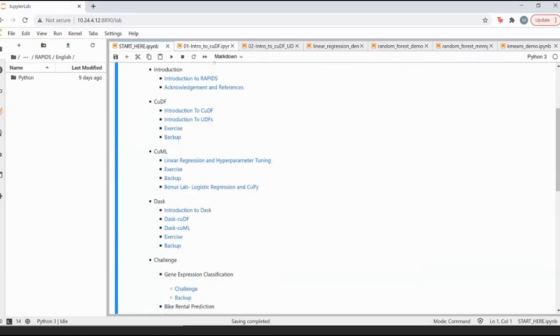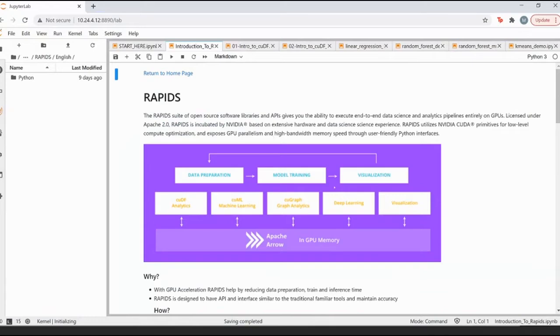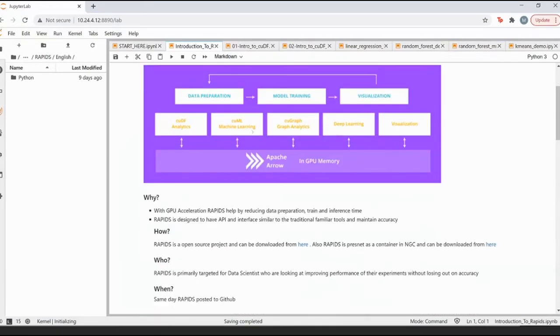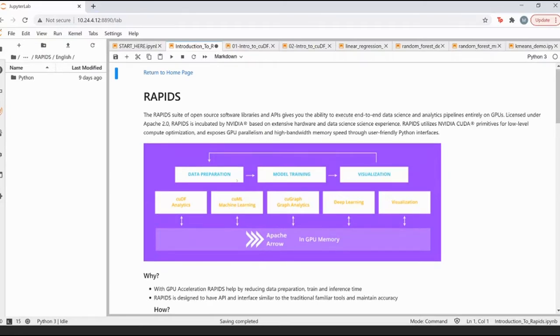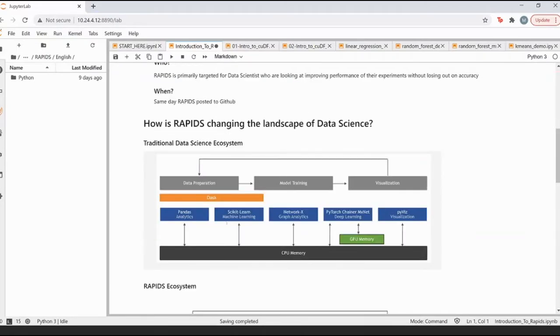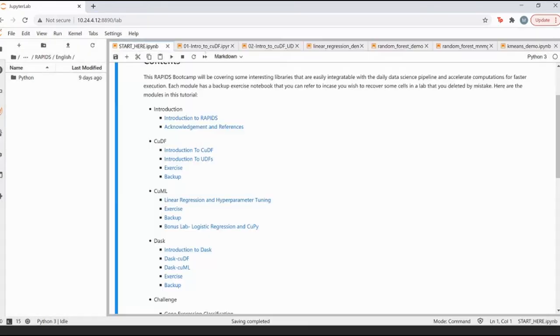So with this, let me move to the first part, which was the introduction to RAPIDS. And as I'd already mentioned, I won't waste a lot of time because we had a lot of theoretical understanding of what the intent is. That is, we are going to use the cuDF, cuML ecosystem to do all of our data science work for data wrangling and applying machine learning on top of the data that we have, right? So we'll be replacing pandas and scikit-learn by cuDF and cuML in this entire workshop, right? So I'm just going to close this again and go to the first particular slide.